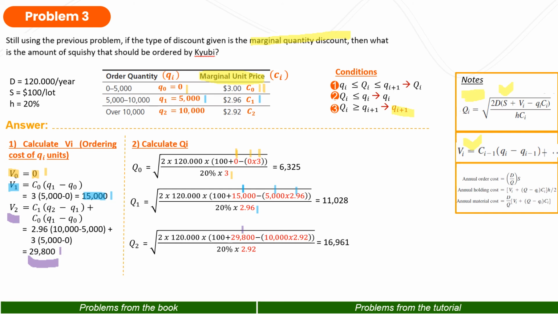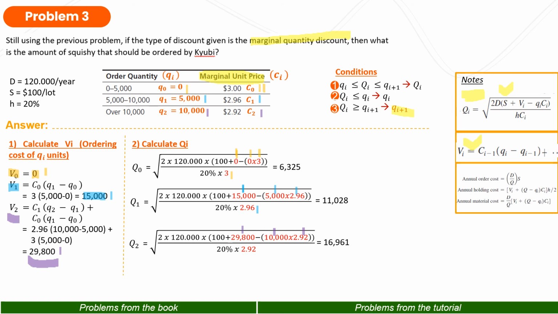And then for the Q2, also the same. The difference is in the V. So the V2 is 29,800 minus the little q2, that is 10,000, times the unit price, that is 2.92, and we get the Q2 is 16,961. And then when we have done,